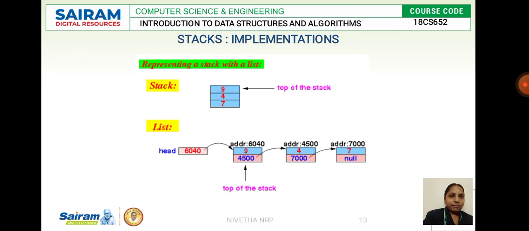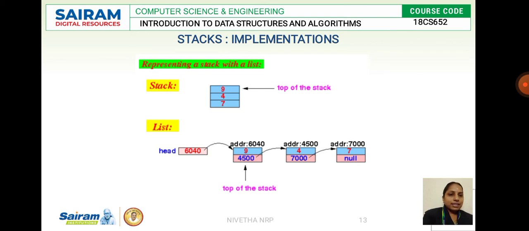This is an example of a stack implemented using the pointer concept. We have seen the stack 9, 4, 7 implemented through an array. Now the same 9, 4, 7, when implemented through pointers, is shown here. We have two fields, one for the element and one for the address. What is the address of 9?